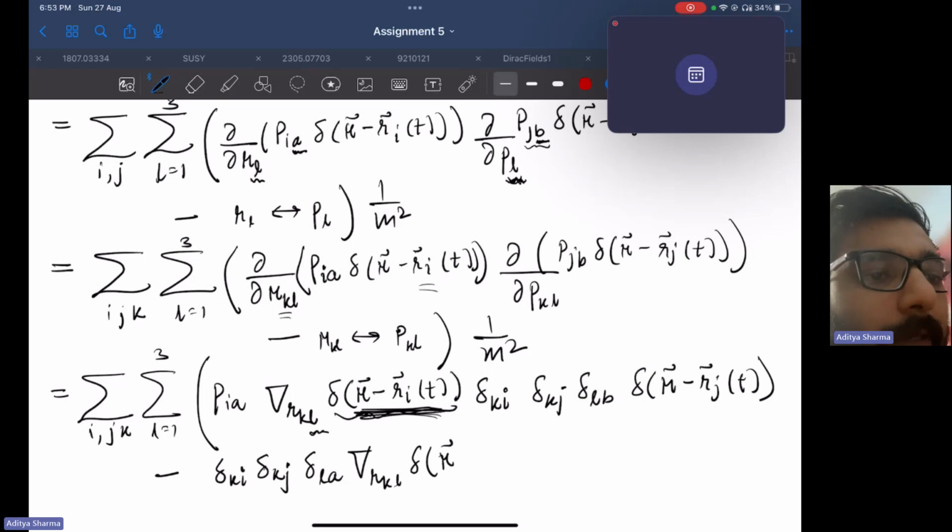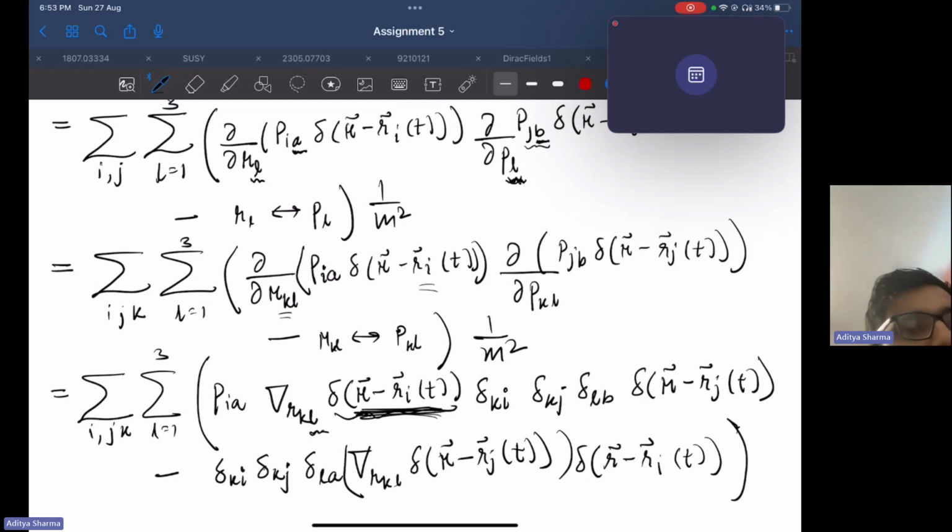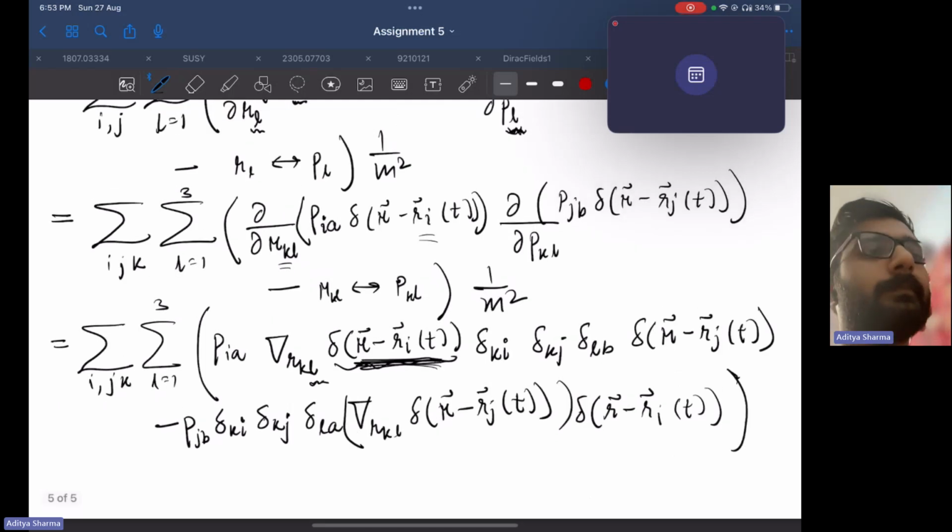This will be R vector minus R_J, where P is being differentiated. This will be R vector minus R_I. So that's it, and you have a PJB. With this expression at hand,